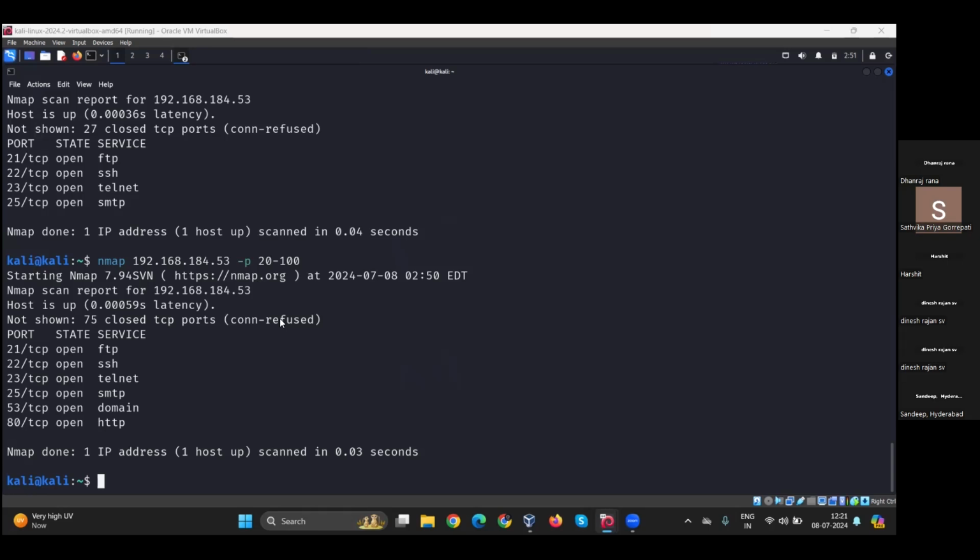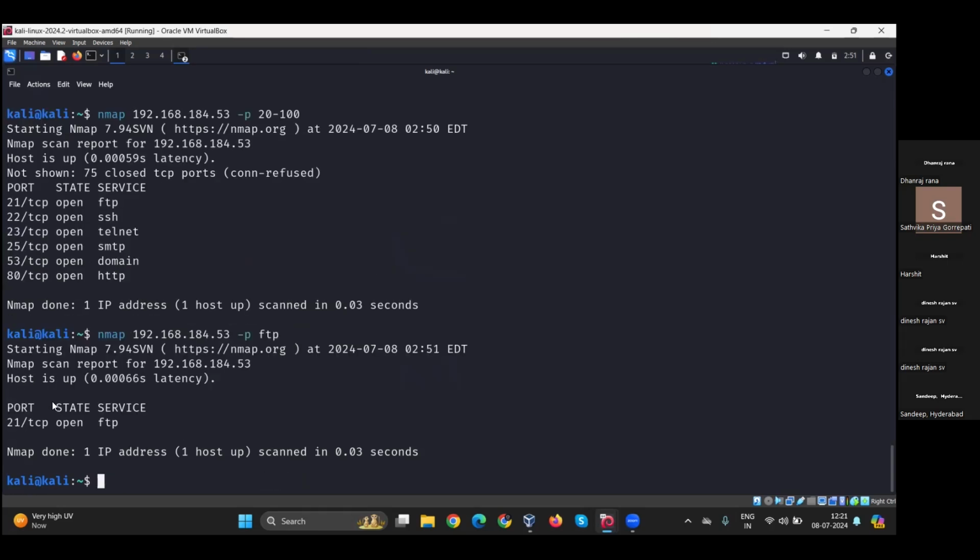So not only the port numbers, you can scan using the port names also. Same methodology, nmap 192. Here, you don't know the port numbers, but you know the port names. I want to know the FTP port, then hit enter. So it will show you whether the FTP port is open or not. If you want some extra ports: FTP, HTTP, SSH, Telnet,